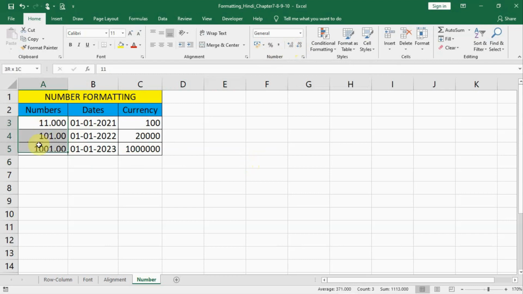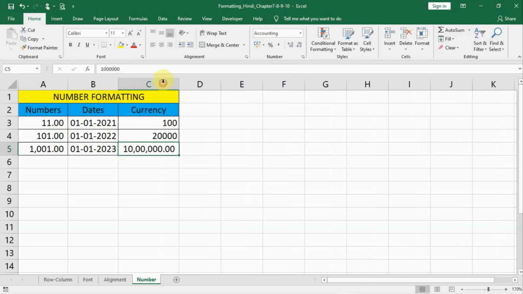Now after selecting all these, there is another option here, a comma. When I put a comma here, it gives me a default style like this. For the first two, 11 and 101, it is okay, and for 1001 it puts a comma so that it is easily readable. We understand this by clicking on cell C5. Here it is written 10 lakh, and when I click on this comma, I can see it in comma format. Now you see hashes because the size increases. Need not worry, this is not an error. Just double click on the joint of C and D and it will increase. Now you can see 10 lakh.